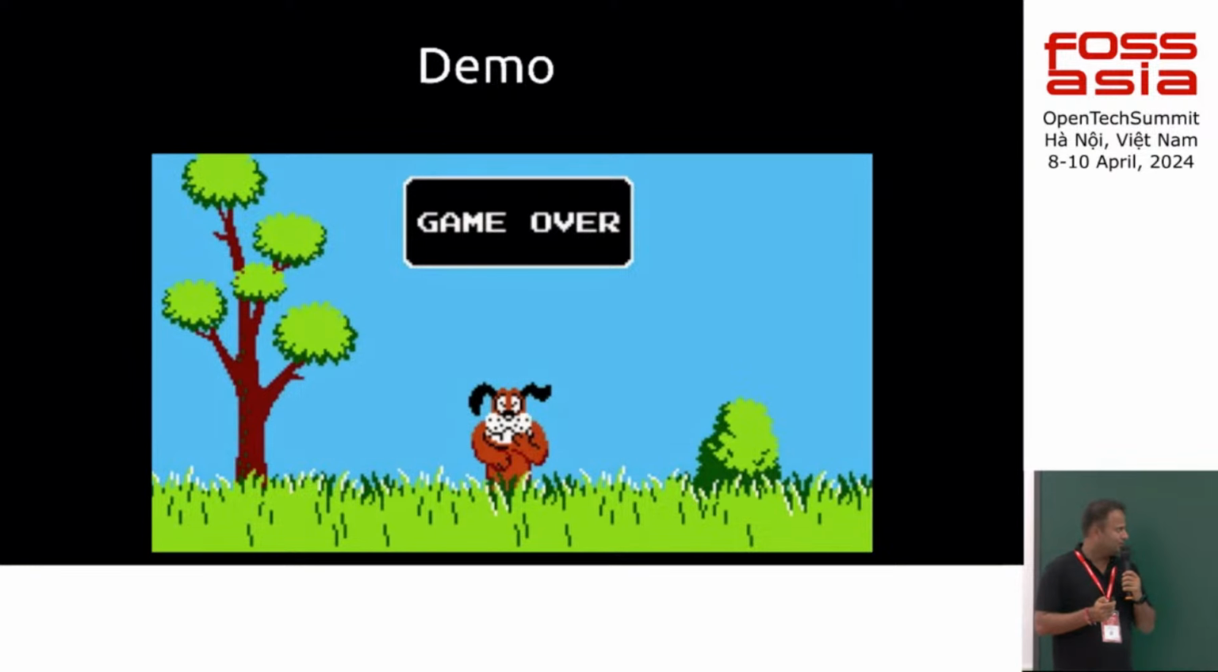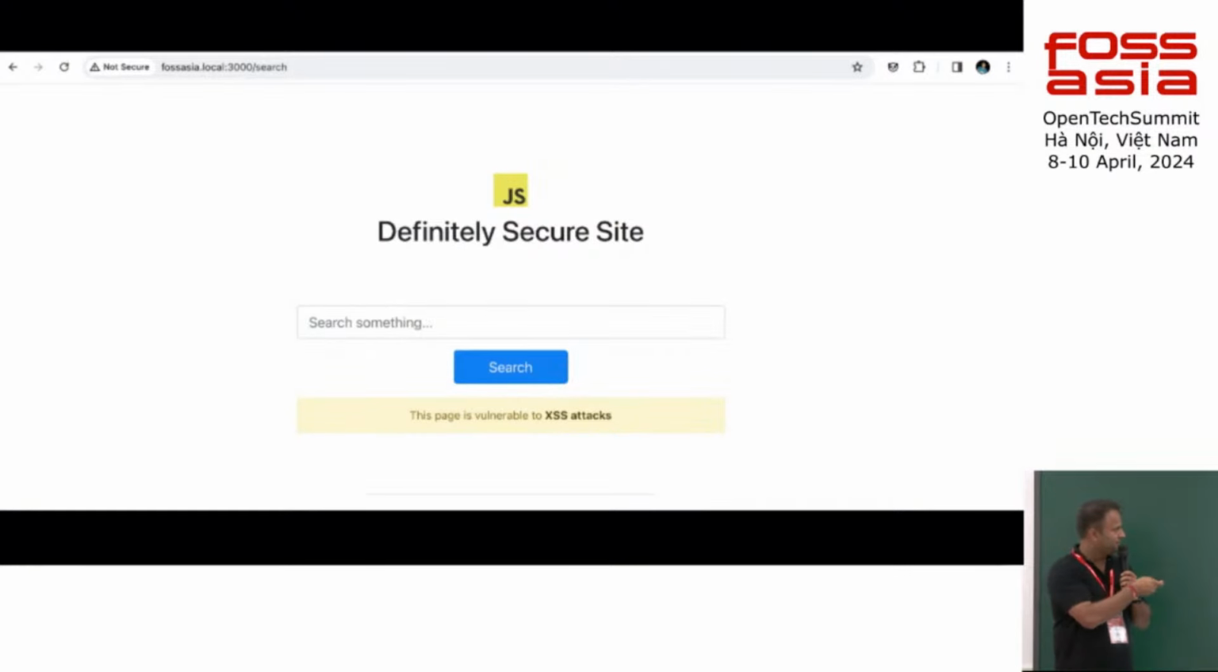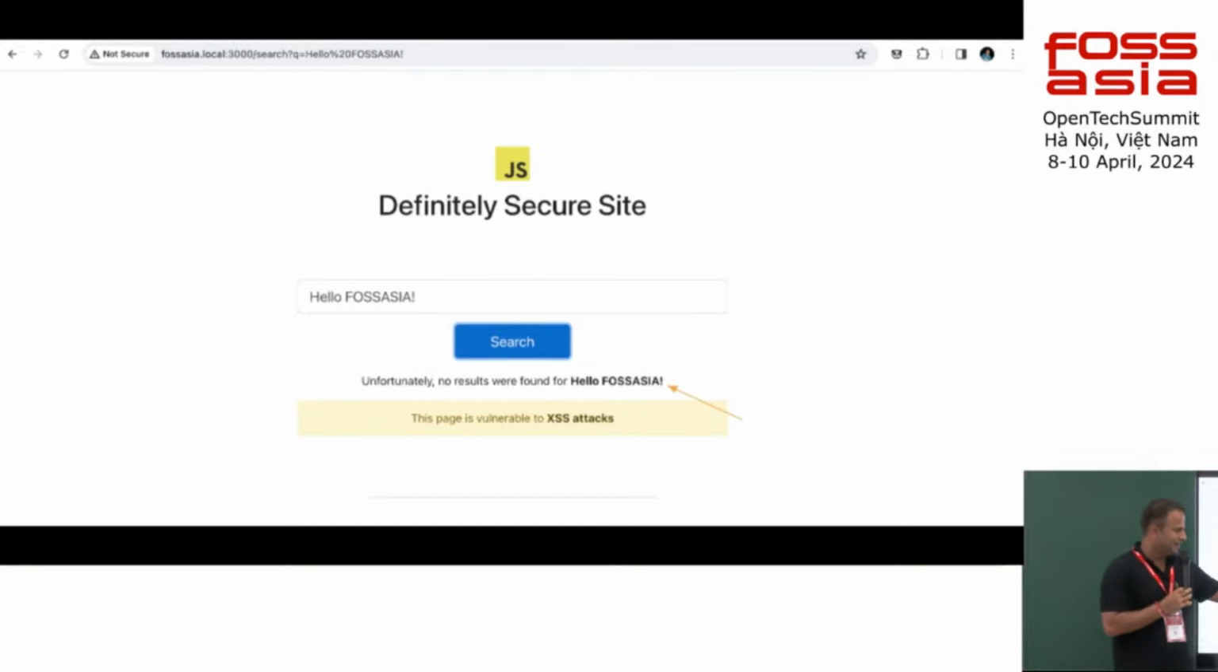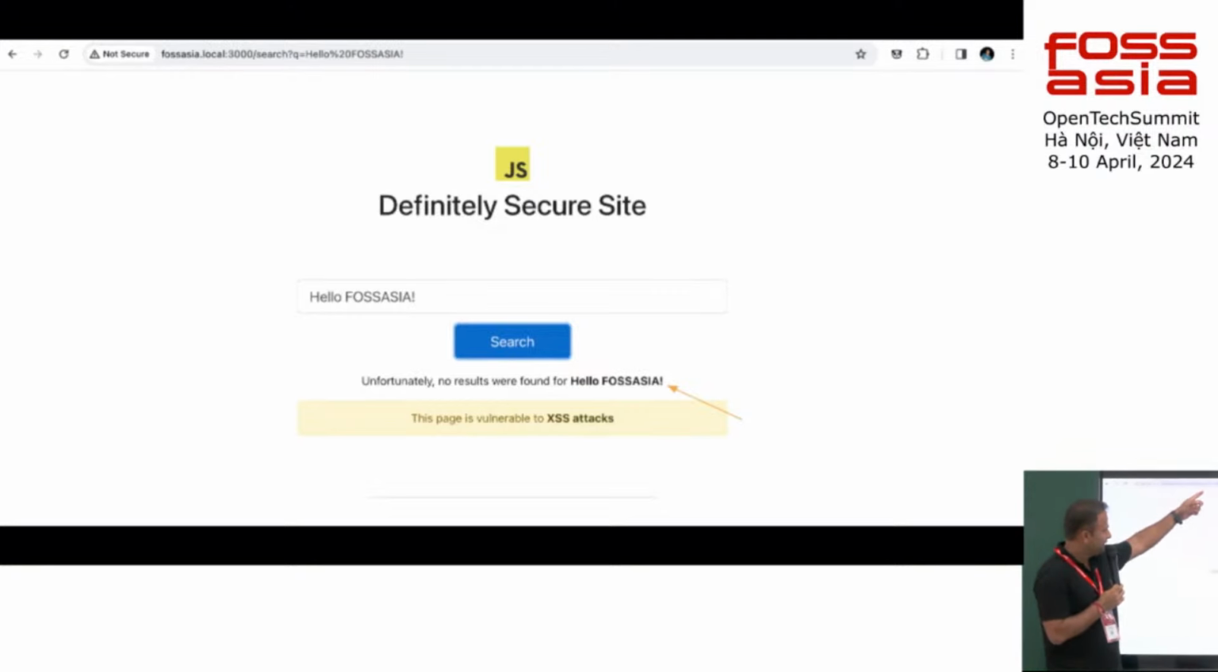A little demo. I've taken some instances from the demo to make it feasible here. This is a secure website. Trust me, it's very secure, where you can just try to search something. You can see that when you type in hello FOSSASIA, it gets rendered here, FOSSASIA. And you can also check that there's a query param being entered here. Okay, so this is very straightforward. This looks secure. But how about we try something